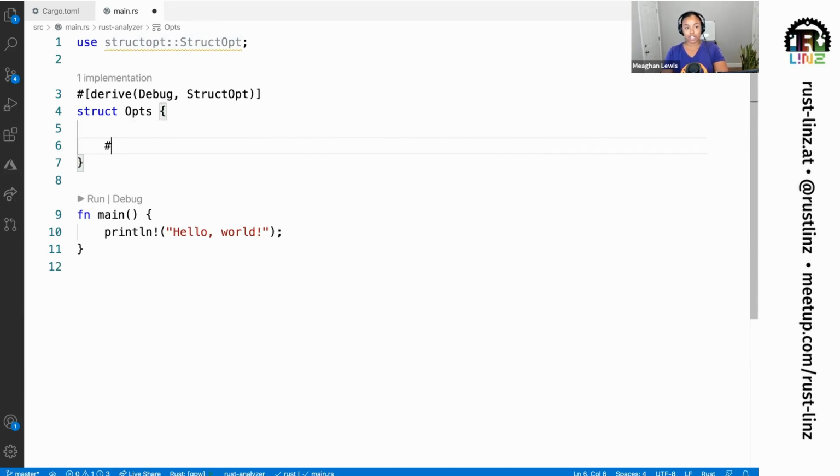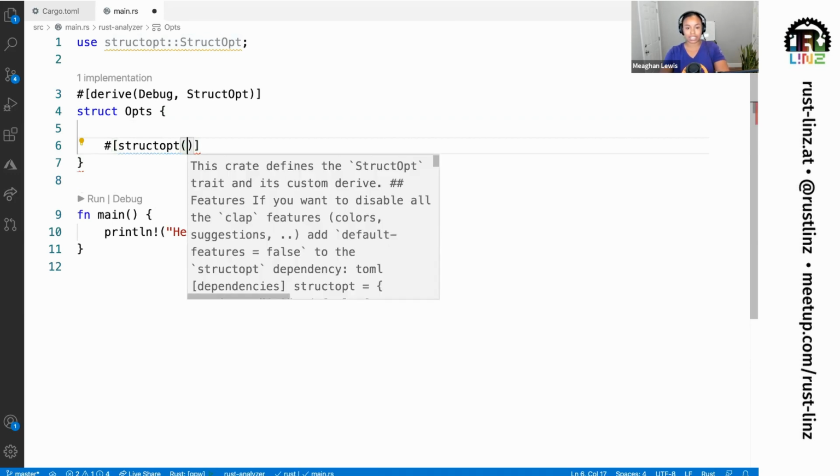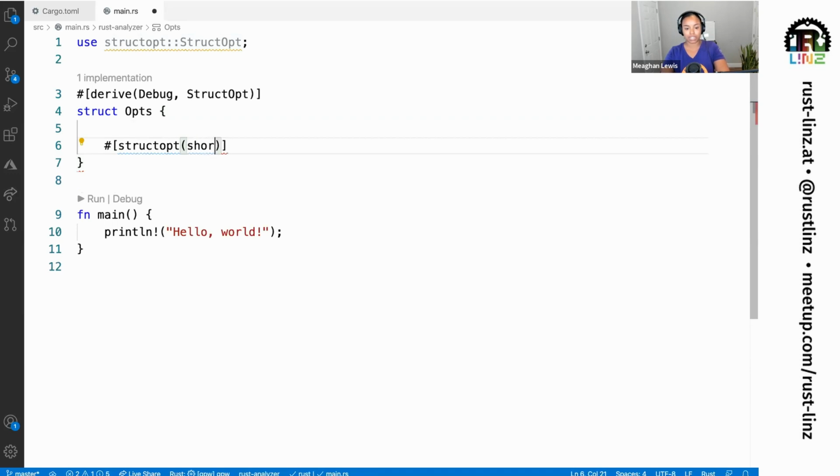The argument that I want to collect is going to be for length. What StructOpt allows you to do is set different options for each of the arguments. So I want to specify a short option, which will be used if I type -l to use that option. I'm going to specify a long option of length, so I can use --length to use this option. I'm also going to specify a default value, which is going to be, let's just say, 12. This can be any default value of your choice.